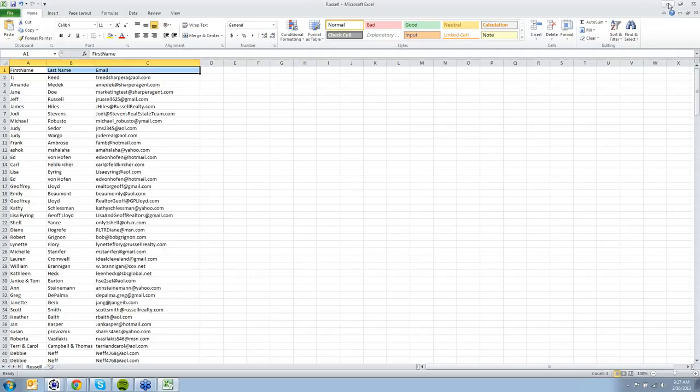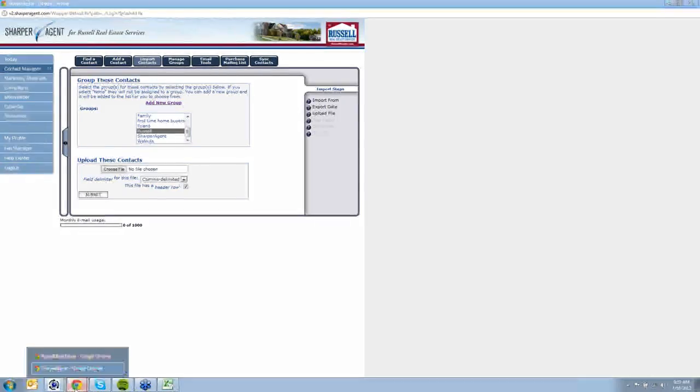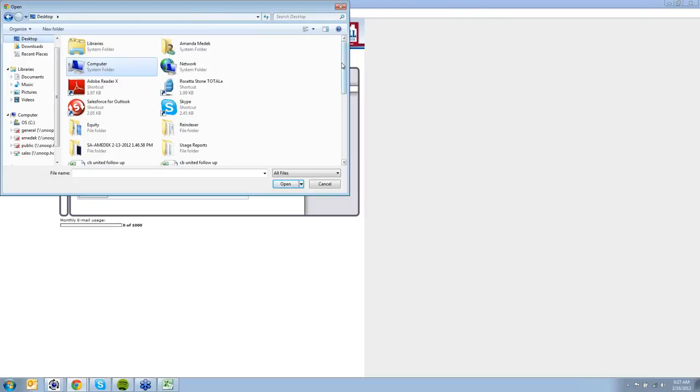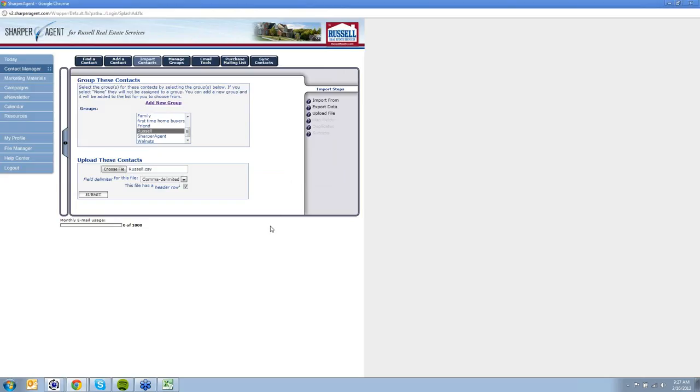So now I'm going to minimize that. I'm going to go back to my SharperAgent product, and I'm going to make sure Russell's highlighted. We saw that we had a header row. I'm going to choose the file that I've saved in a place that I remember, which was my desktop. Click on that file, open it, click Submit,